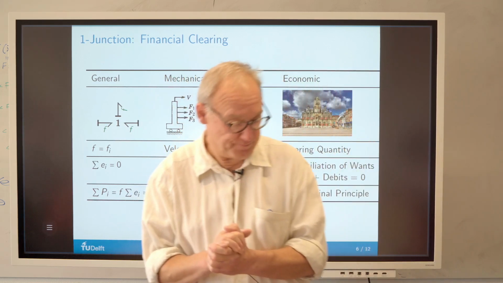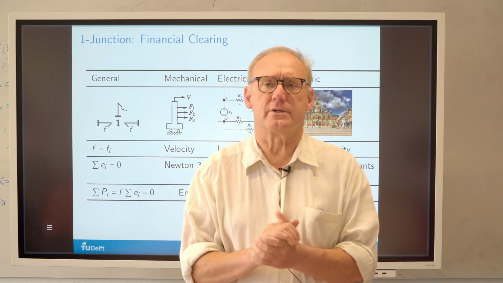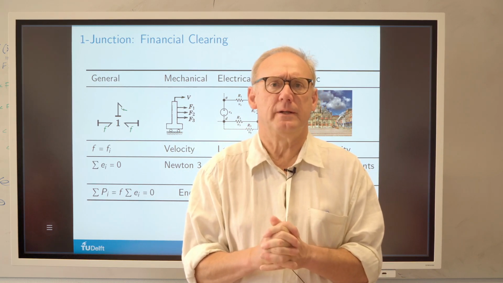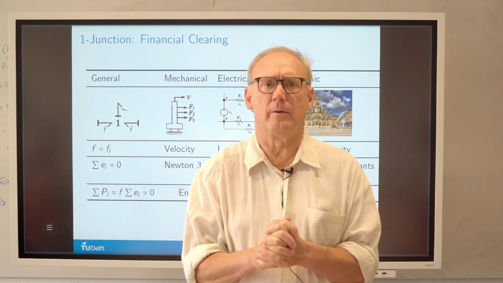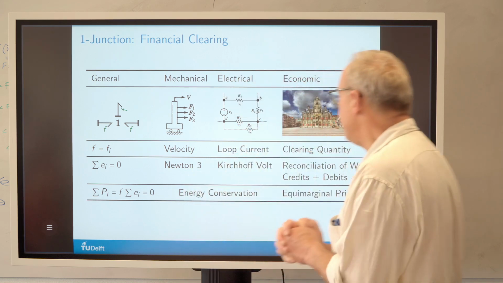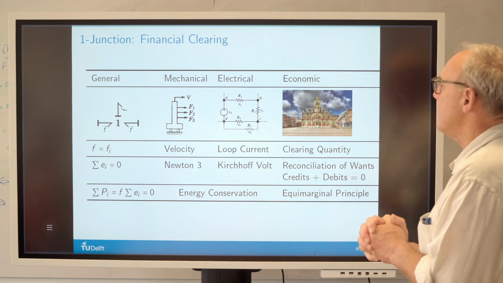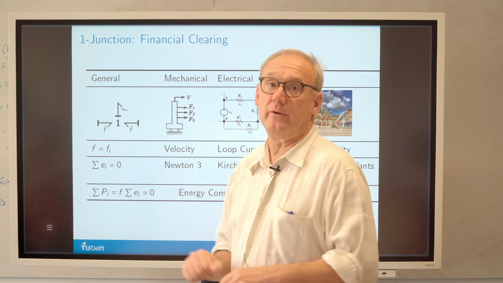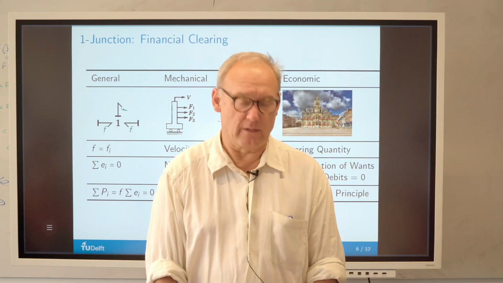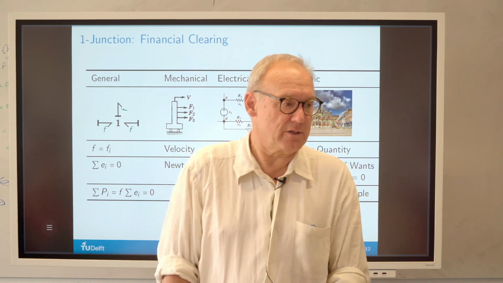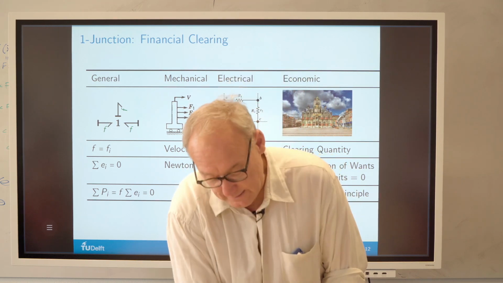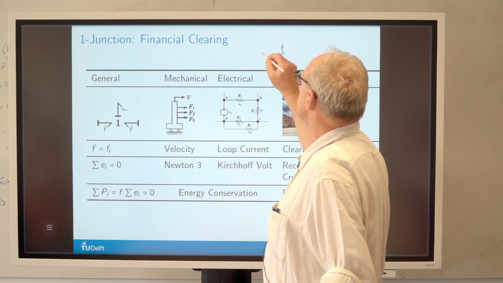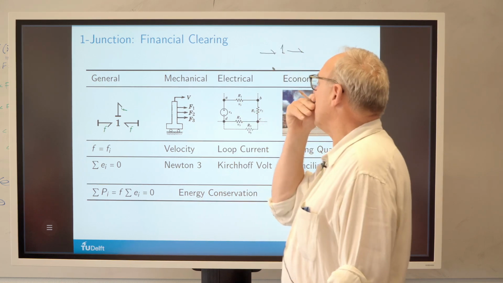Okay, so let's get started again. We left off at the bonds, and what we're going to do now is talk about other elements. Rather than start talking about the elements, I want to first talk about a junction. And the first junction I'm going to talk about is a one junction. Now, a bond can really be thought of as a one junction. Here's a one junction,